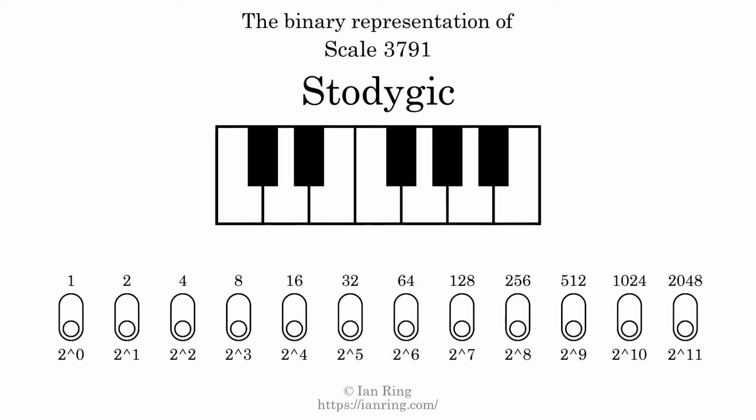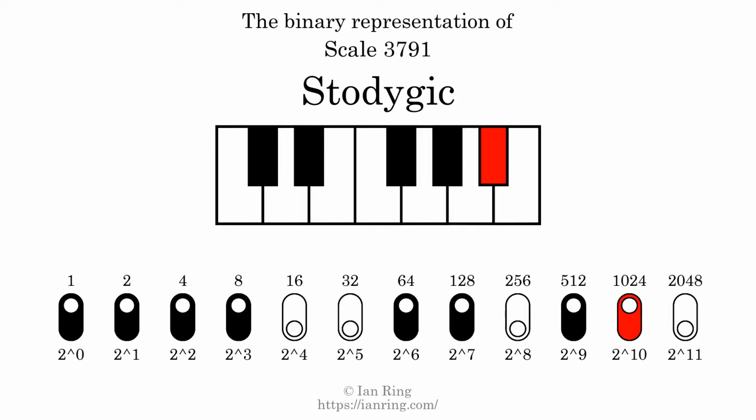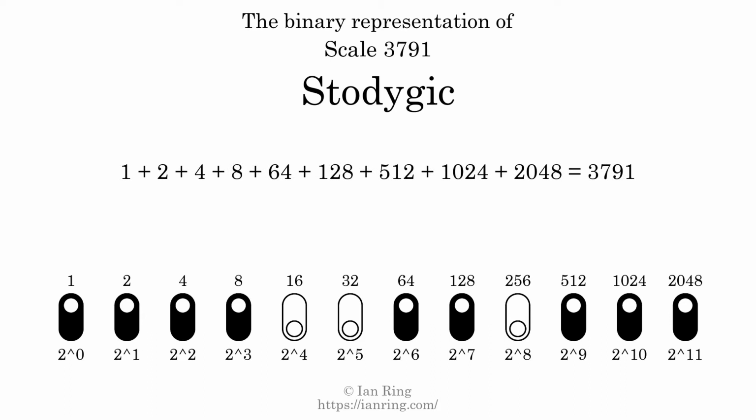The binary representation of this scale is determined by mapping tones of the scale to binary digits. Each binary digit represents a power of 2. To get the scale number, we add the powers of 2 together. The powers of 2 that are present in the scale, all added together, equals 3791. That is why the scale number, in decimal, is